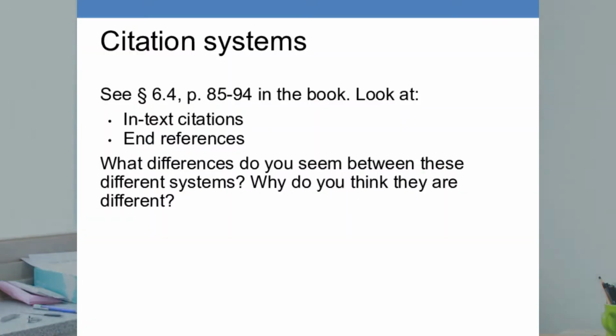Compare all these details. How much information about the source do you see? What's the order of the information? What's included in the in-text? What's left out? I want you to spend a lot of time looking at these and discussing these, the differences, and why you think they are that way. So please pause the video for a good while and spend plenty of time discussing these, and we'll come back later.